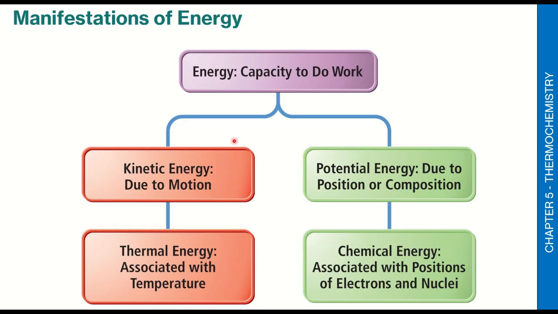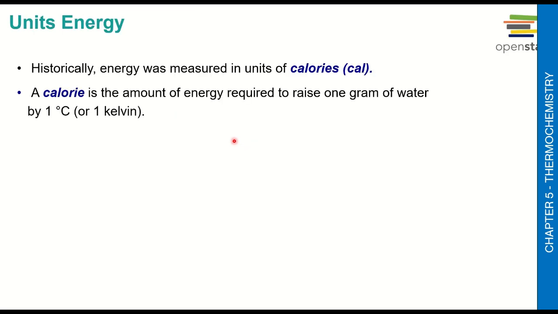Energy is the capacity to do work. We know that we have kinetic energy, potential energy. What's chemical energy? Chemical energy is associated with position of electrons and nucleus. Okay, and we talked about that in part of the previous units. You're going to remember when we talked about the jump of electrons between different levels of energy. Remember that, right?